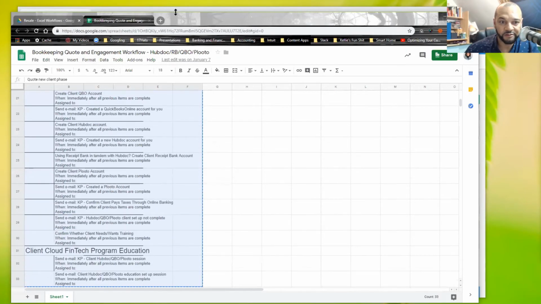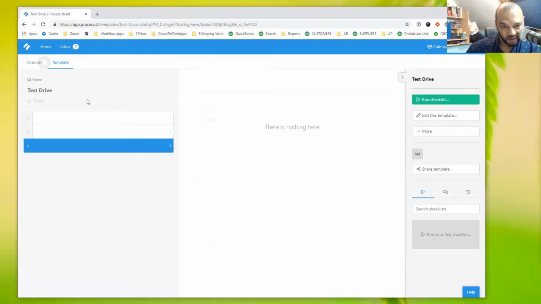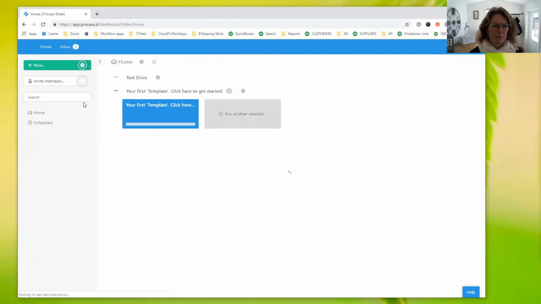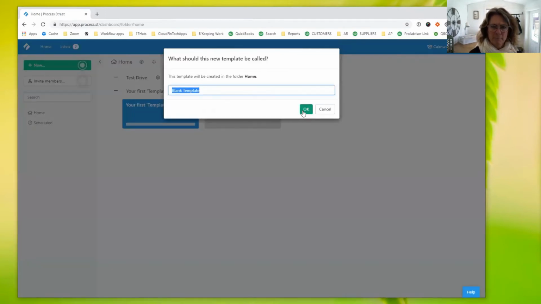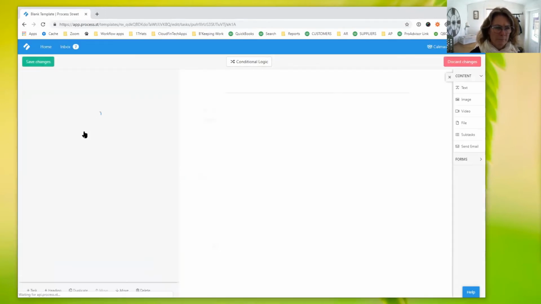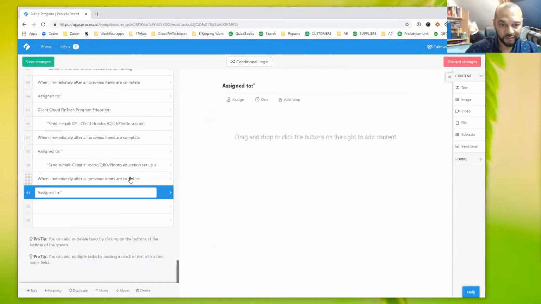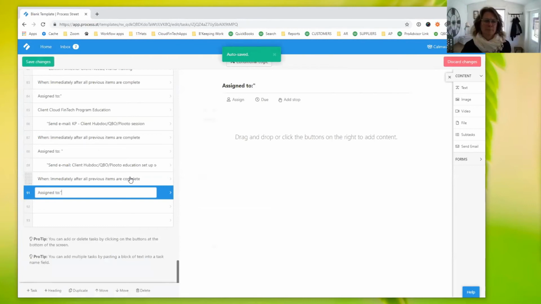and then go back over into Process Street. And then hit that first row there, and then hit paste. It should paste all those. Let's start a new one. Yeah, you might need to just grab that. There we go. So you can see it's now listed out all those